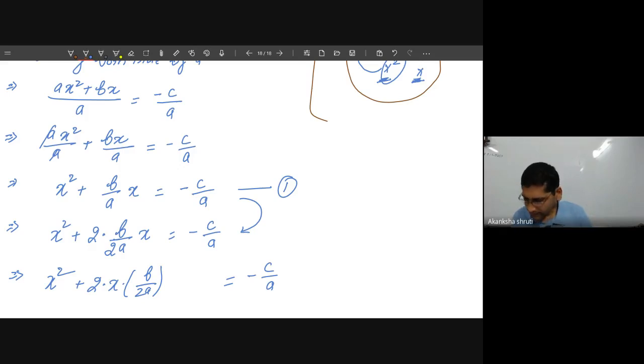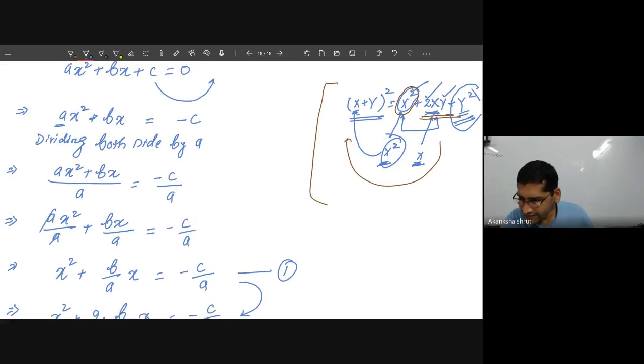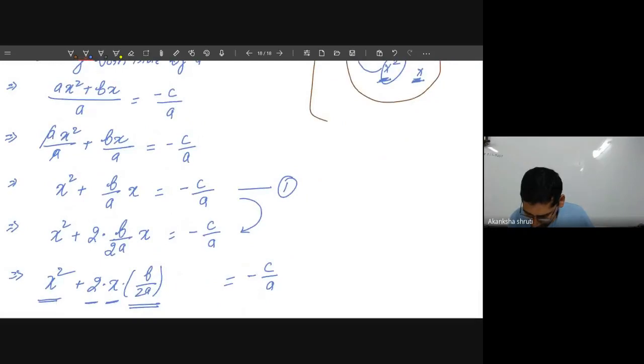Now students understand carefully, here we have a square 2a, whatever this new term means, 2 by b by 2a, that is acting as the other term which is y here in this red ink, whatever this y we have written. So this is the y square and this is the extra y. It means this term whatever generated here, ये जरा ध्यान दीजिए, ये जनरेट हो गया है, हम जब इसे रीअरेंज